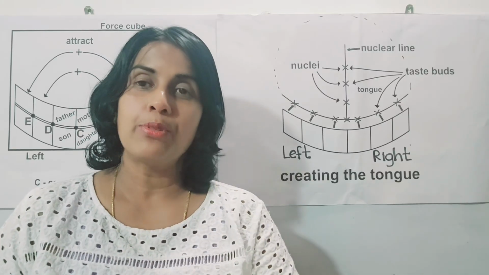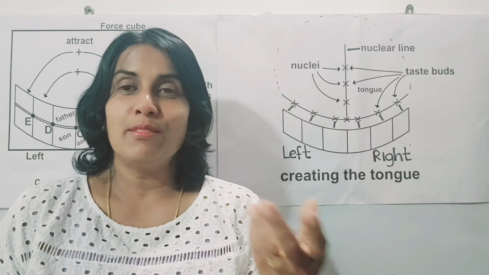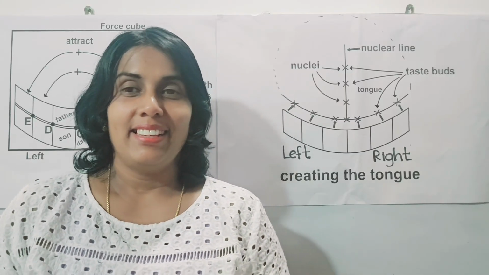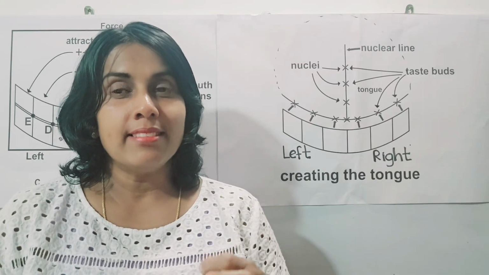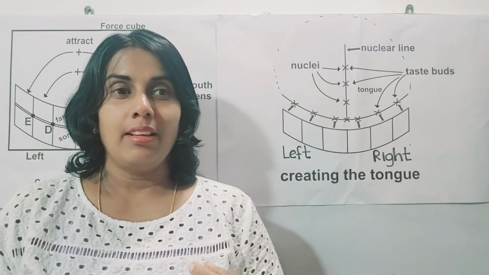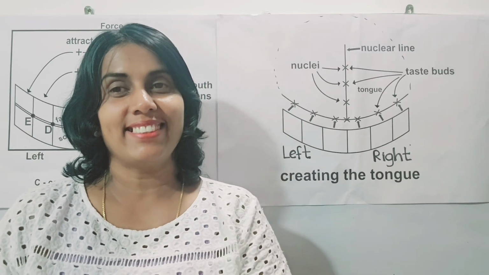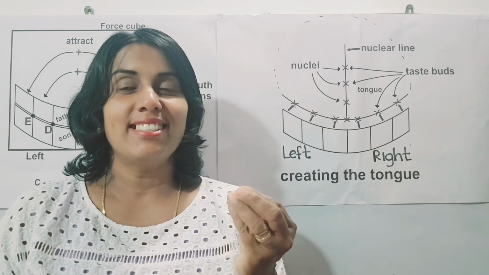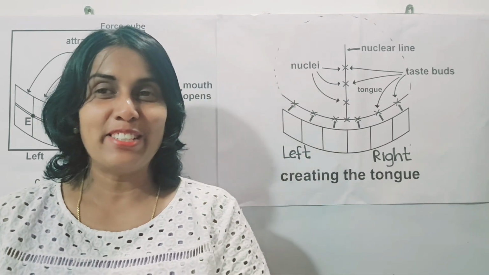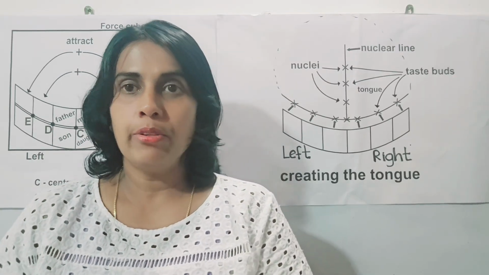That's why when it comes to our world, when a baby is born, he has the tongue, but no teeth. So the tongue brings that genetic power, genetic technology, the nuclear energy, the information to create the teeth. So that is why the tongue is the origin of teeth when it comes to our world.